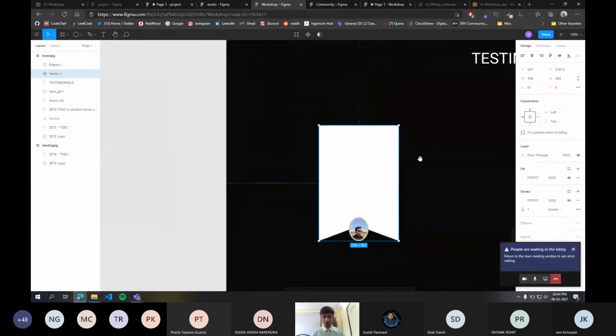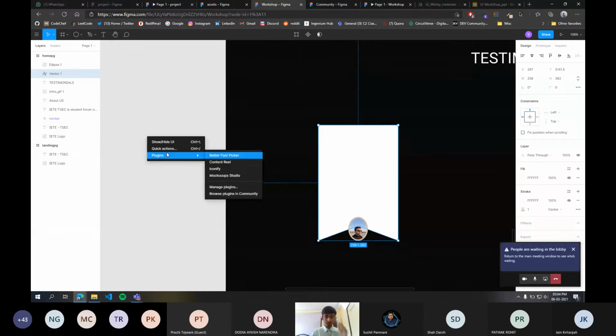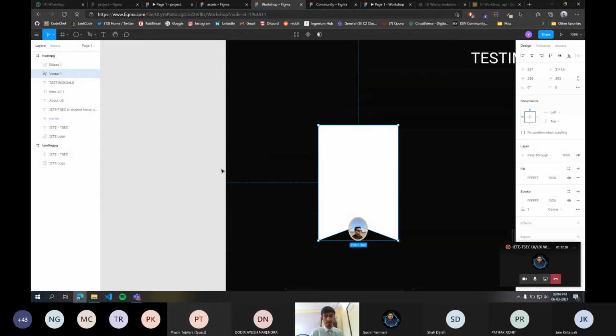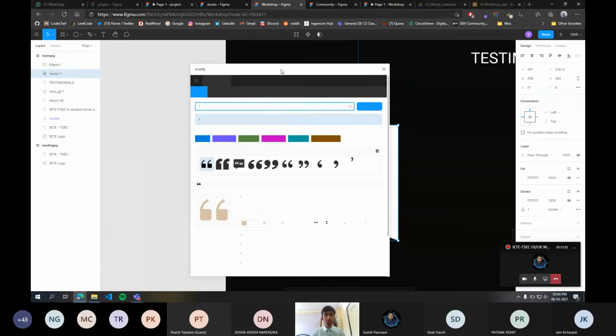Okay. So now let us move back to our prototype. Now after you install your plugin, it will be visible in this plugin drop down. You can see this Iconify plugin. Just click on it. It will pop up a window for Iconify. You can search your desired icon over here. So I have written codes and just click on find icons.